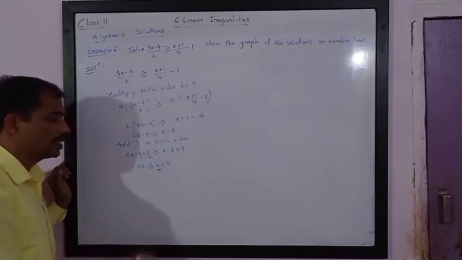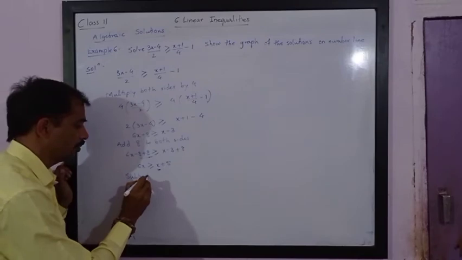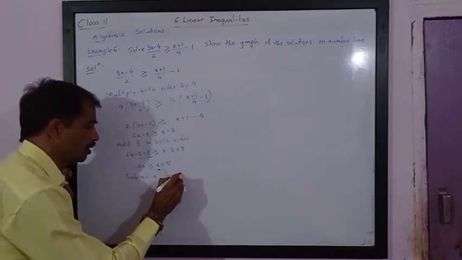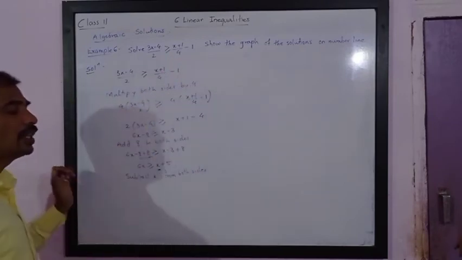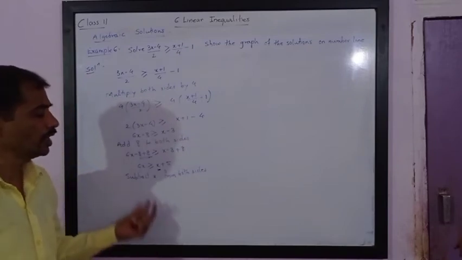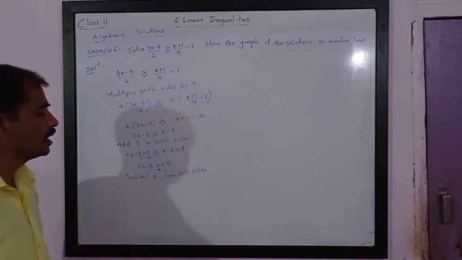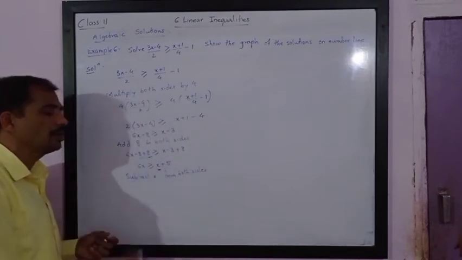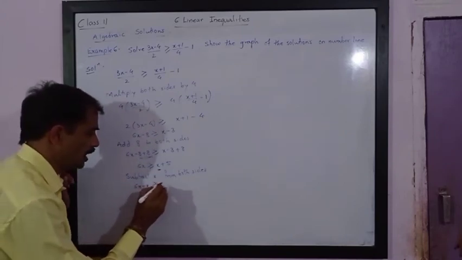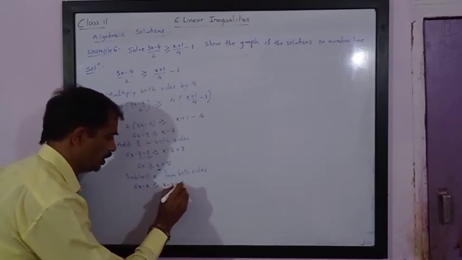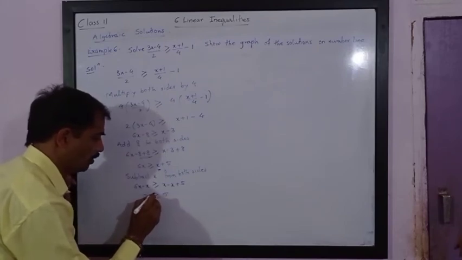Now we need to eliminate x. So subtract x from both sides. Since x is a real number, it is not mentioned anywhere in the question whether it is a natural number or an integer, so we consider it as a real number. Real numbers include all natural numbers and integers. And if we are subtracting, then the inequality remains the same. So you will get 6x minus x is greater than or equal to x minus x plus 5. So we will get 5x is greater than or equal to 5.